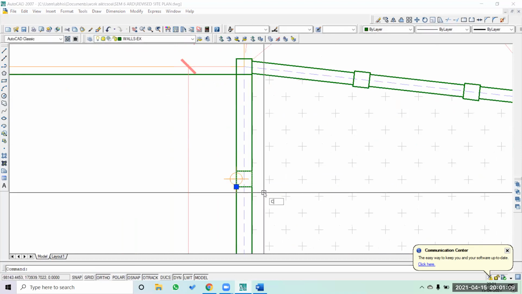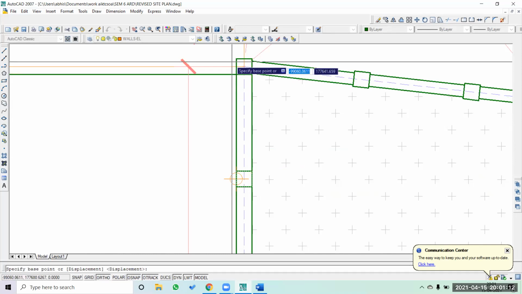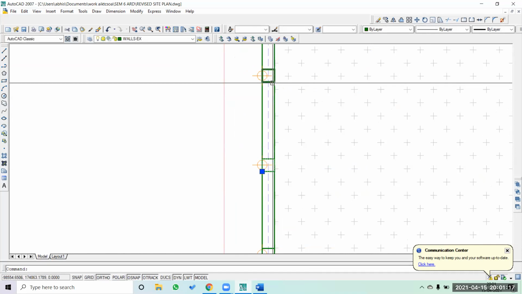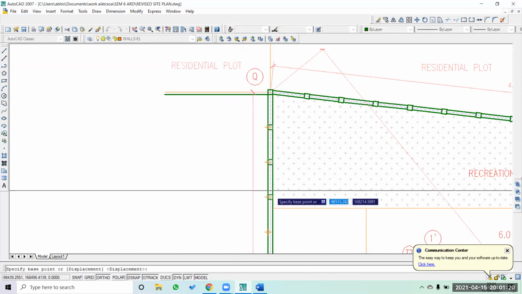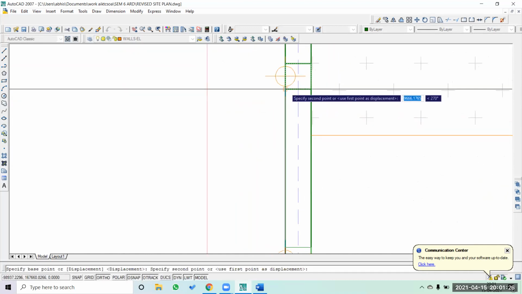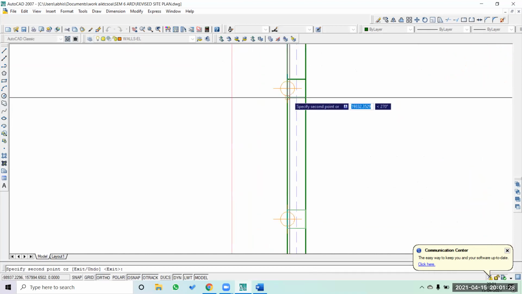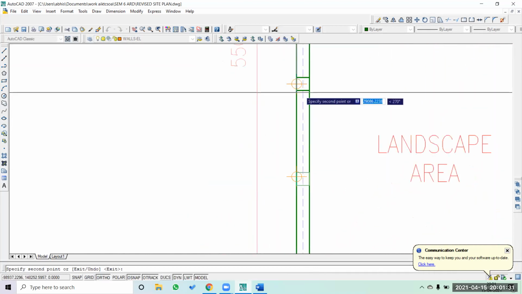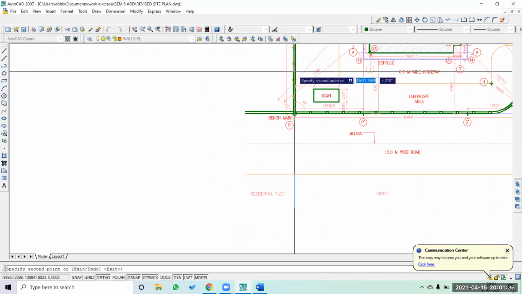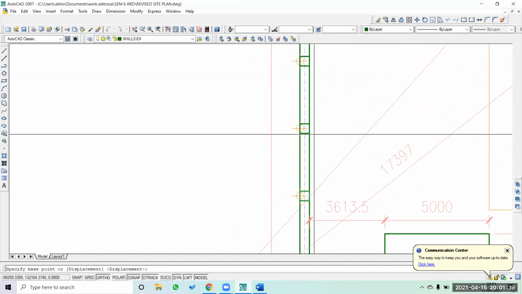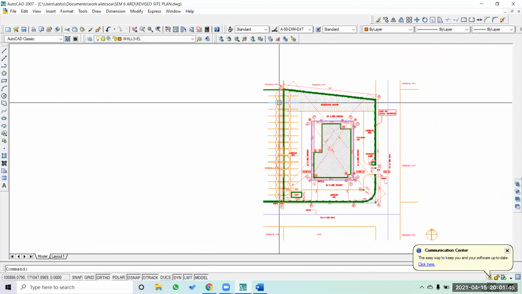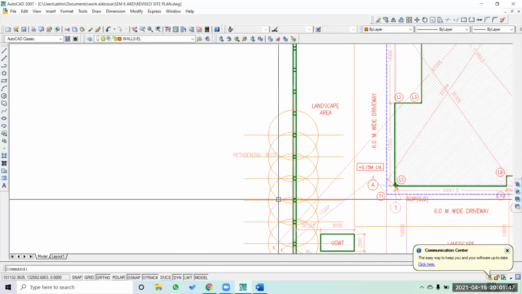Simply copy paste it now. Come out, regenerate it, and you will get this particular circle bigger.